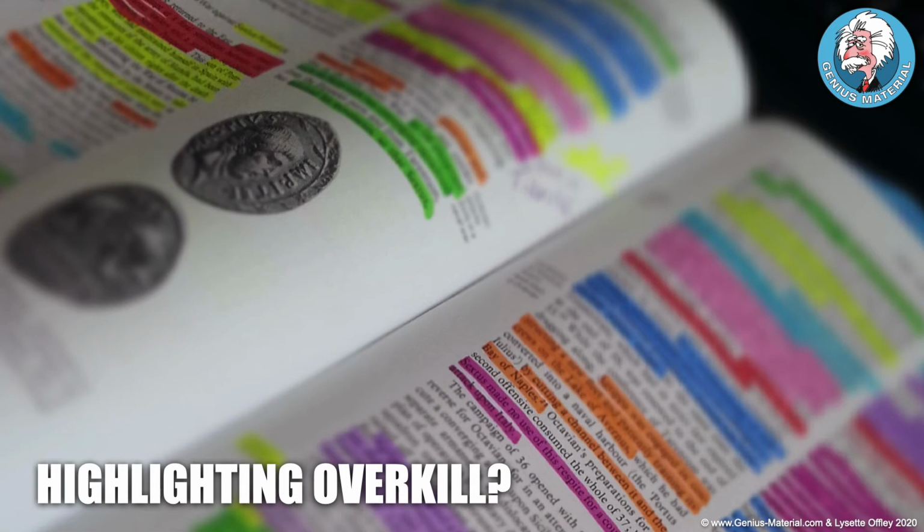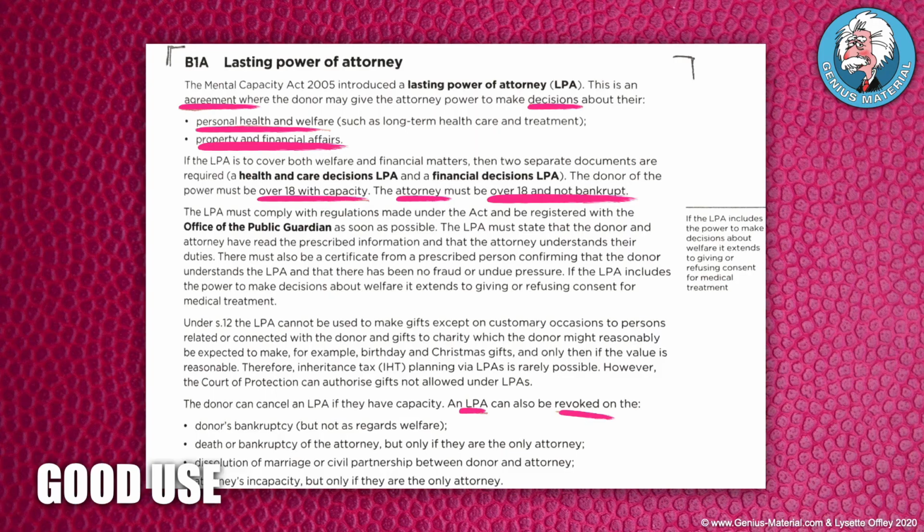So you need first of all to establish what it is you're trying to achieve with your highlighters. And then of course you need to decide if what you're doing with them is actually accomplishing that goal. Here's a great way to use highlighters to help you learn. If you've been reading my articles over the years, you'll be very familiar with the idea of learning small chunks of information. So once you've decided which chunk of information you're going to learn, I suggest you identify the keywords